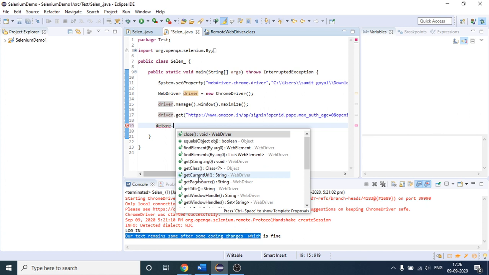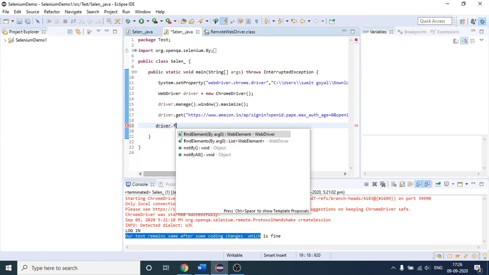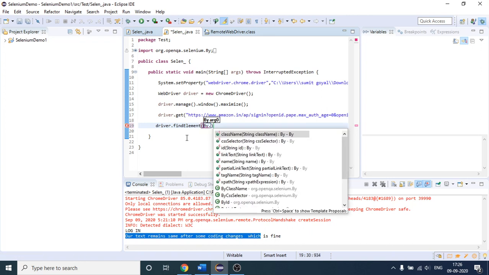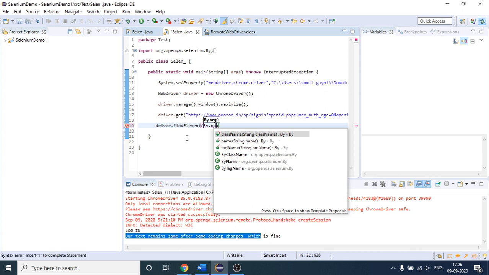See, the beauty of Eclipse is that you don't have to remember anything. Everything will be written here, right? You can see, I will just write fi and you will see this is the method I have to use again. But this time I will not use id as I have told you, right? This time I will use name. You can see this is the one, the second one, and it is expecting one string variable which is the value of the name.